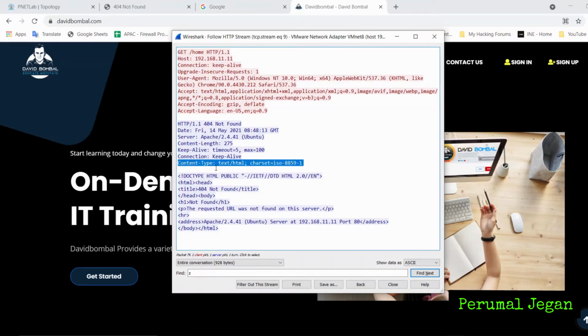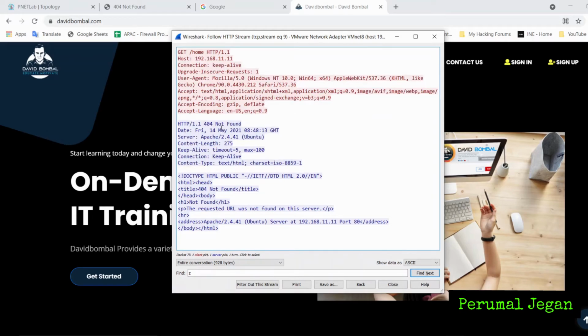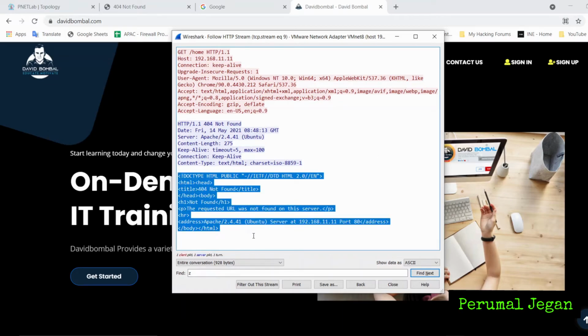The web server also mentions the type of content it is sharing with the web browser. So it is sharing HTML content, which will be read by the browser. So this is the request header and the response header. Below that, you will be able to see the response shared by the web server.